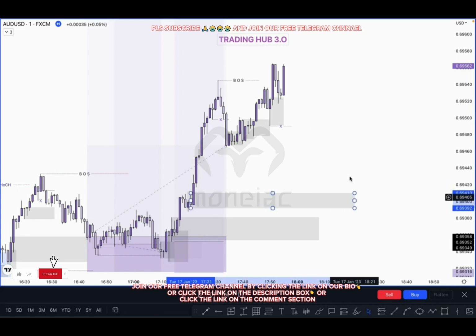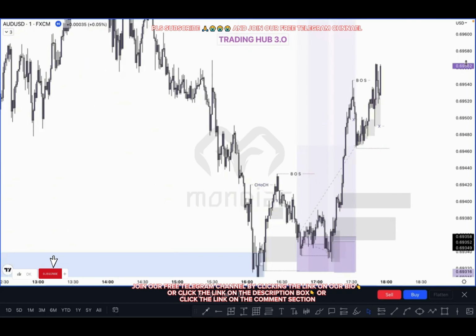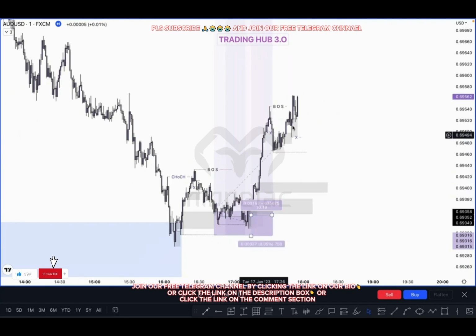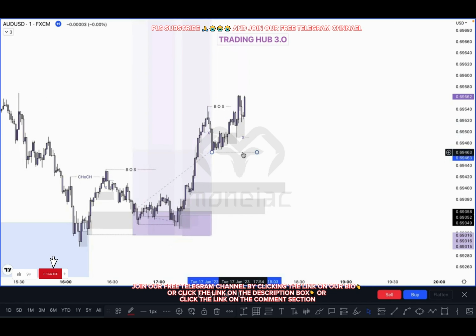Look at this one. Why? Because if you are thinking this is a chock, exactly, this is a chock, but we can buy here. Why? Because the market already tapped on your 15-minute PD array, and the market does not follow only the 1-minute time frame. This is a chock in the 1-minute time frame, but this can be a 5-minute inducement, right? Every chock most of the time is an inducement for a higher time frame. So this can be used as a higher time frame, and we can buy here, but you need additional confirmation for the buy. Because if the market breaks this one, this is not a chock, actually this is a 5-minute inducement. But if you are thinking this is a chock, technically it is a chock,